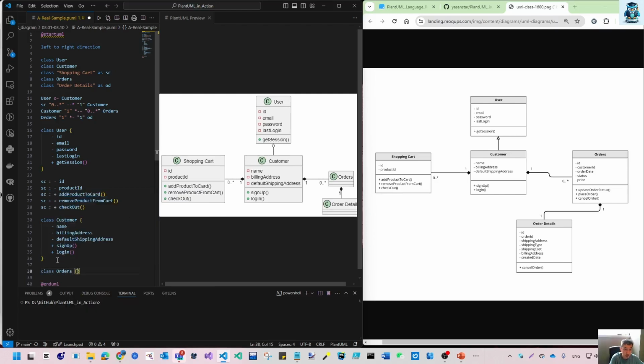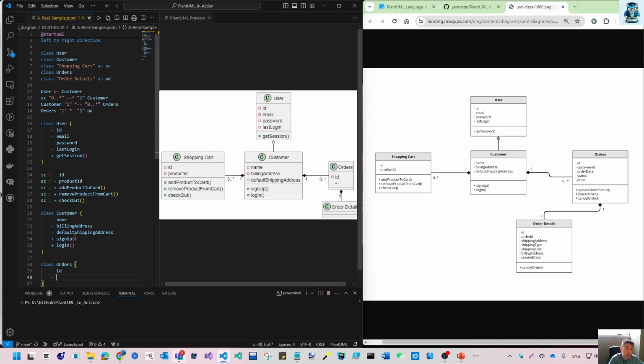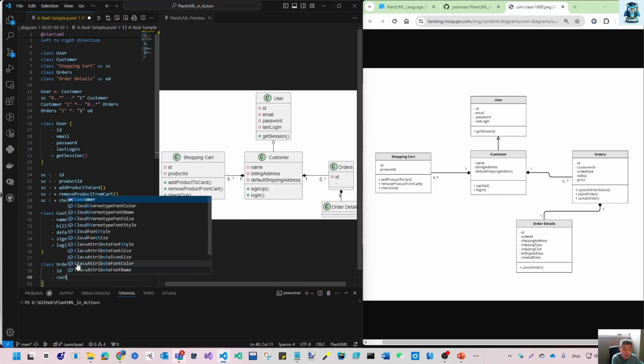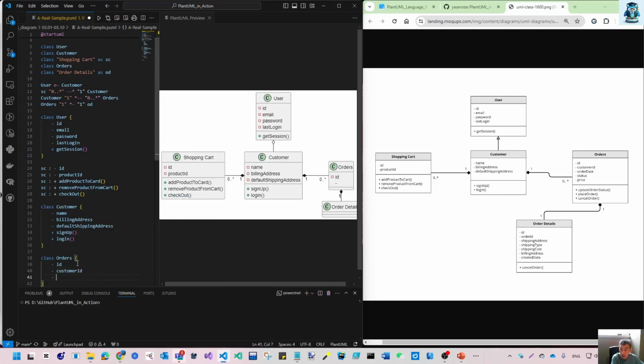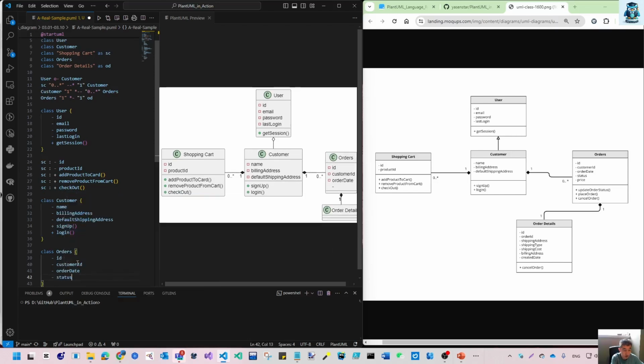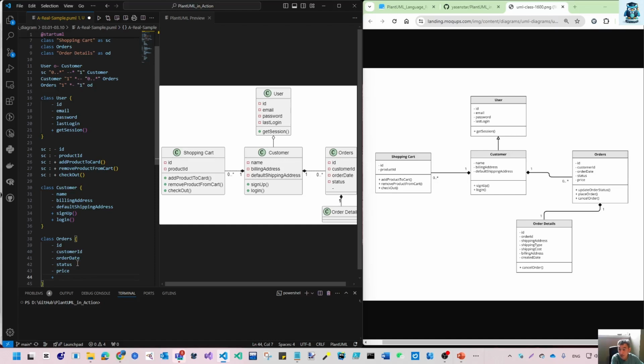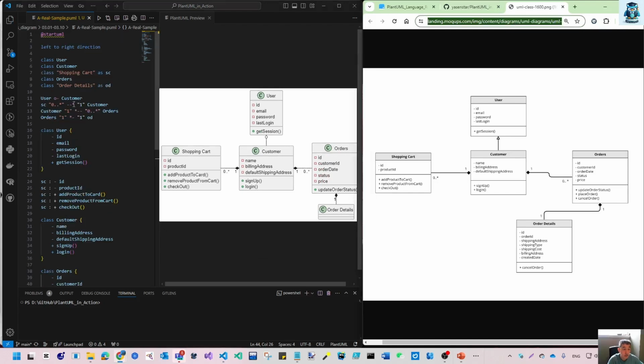orders. Then I have our private ID. Once it's private, now you can have duplicate things because they do not conflict with each other. So private customer ID, private order date. All of those are fields, or you can say attributes, so status, not this one. So private price, and then public method, update order status. Okay, so first let me add our